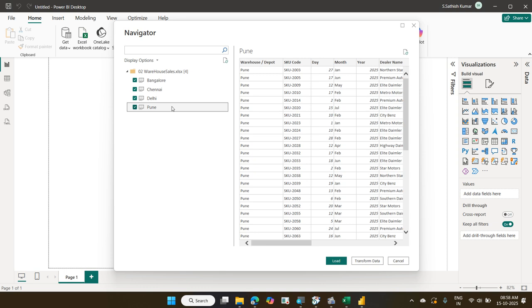Okay. Now tell me what could be my next step. Transform data. Excellent. So let us click on transform data. There is a folder, and in that if we do right click,